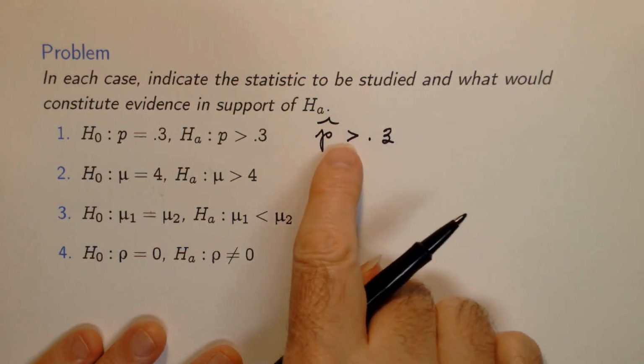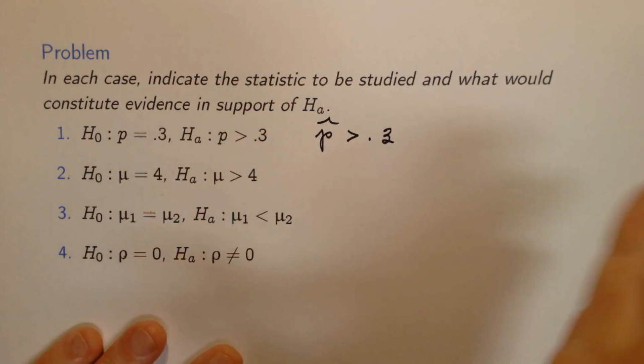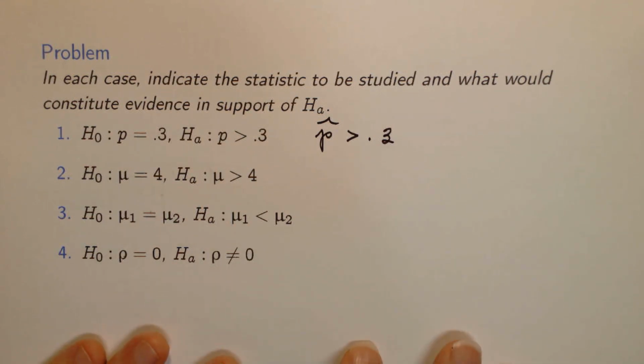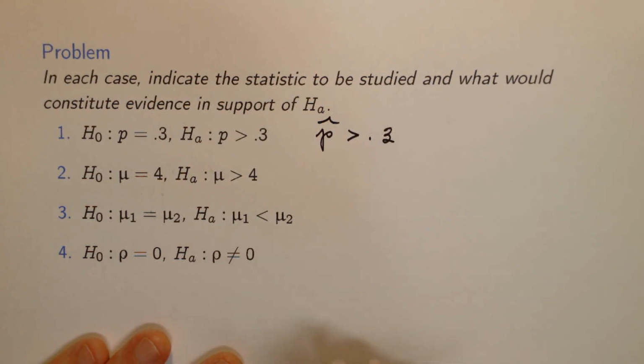And we understand that as that p hat grows from 0.3 to 1, the strength of the evidence will be increasing. So in other words, a p hat equaling 0.8 will be stronger evidence in support of this than a p hat equaling 0.5. Okay, in the second problem, our null hypothesis is that some population mean is equal to